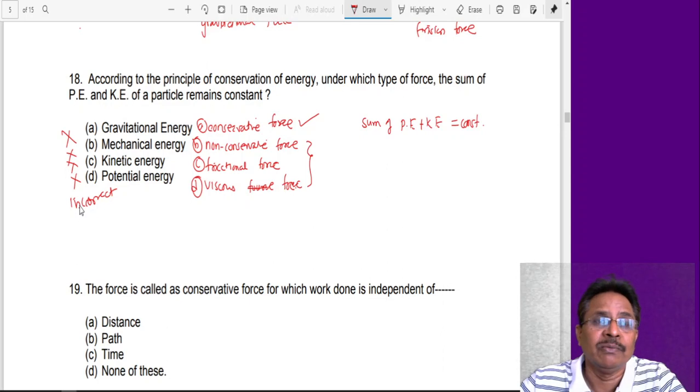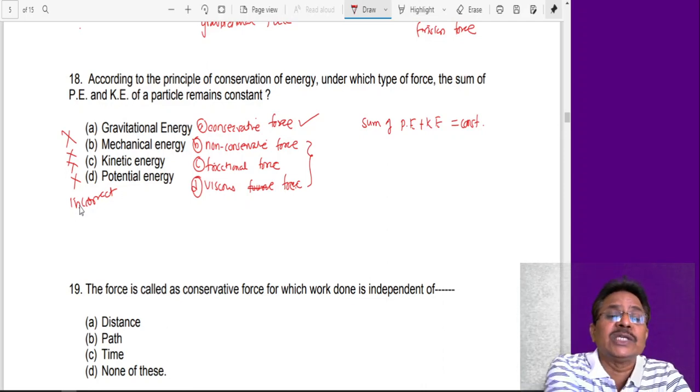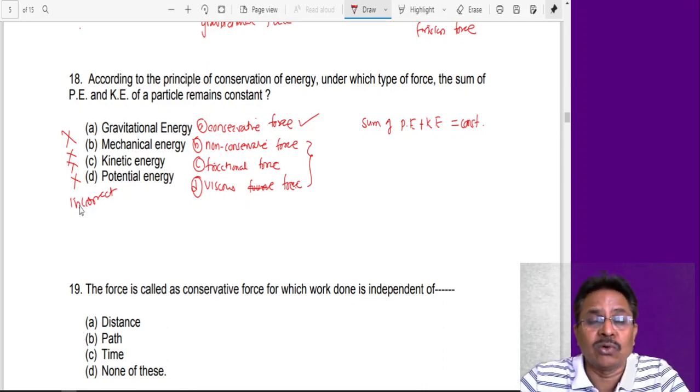Take an example of any object, a simple harmonic oscillator or a projectile. When the object is raised to a certain height, its potential energy increases and kinetic energy decreases. When it goes from the higher position to a lower position, its potential energy decreases and its kinetic energy increases. There can be several examples demonstrating this principle, that total energy PE plus KE always remains constant only in case of a conservative force field. In case of non-conservative, frictional or viscous force fields, this sum of energy never remains constant. That is to be understood as a theoretical problem.